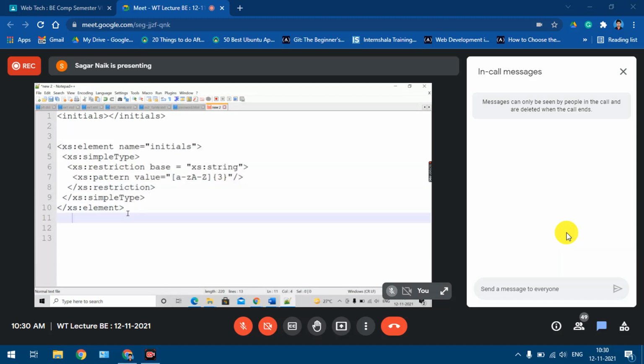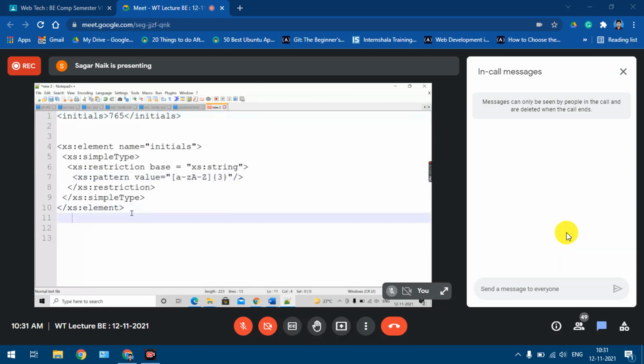Understood? So if this is my schema and if this is my XML, suppose in the XML I'm saying QWE, this will be validated. It will be accepted because it is as per this definition. But if I add one more alphabet, it won't be accepted, because here I'm saying only three and here it is four. Similarly, if I say uppercase letters, even this will be accepted because uppercase is there as well. But if I enter some digits, no, because it is not as per the pattern.